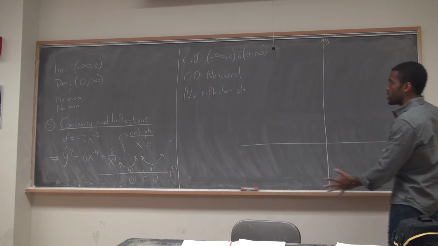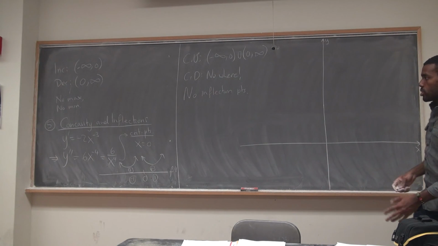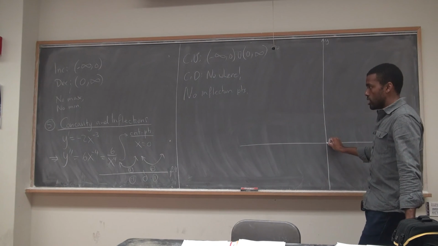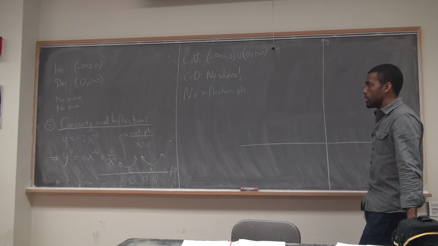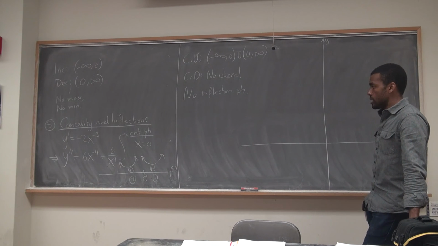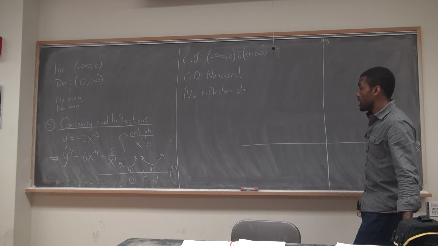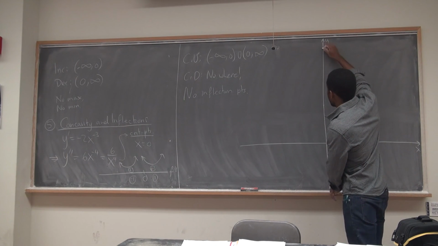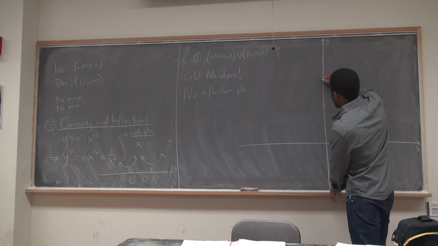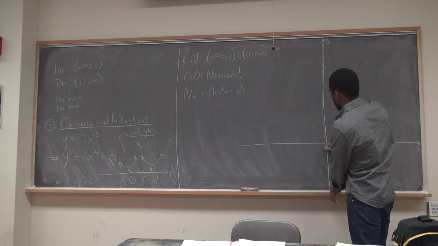When you get here, you're going to want to summarize all these guys. So you're going to want to plot your x and y intercepts, but we had none here, so there's nothing to plot. We're going to plot our vertical asymptotes and horizontal asymptotes. Now, vertical asymptotes, you plot asymptotes with broken lines, but here they're falling right on the line itself. So x equals 0 was one of the verticals.